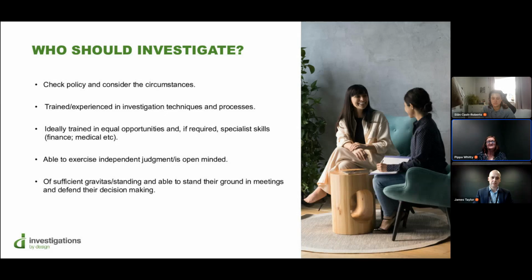On multi-contractor sites, the investigator may need to navigate relationships between principal contractors, subcontractors or agency workers, so independence becomes even more essential in those circumstances. A supervisor familiar with the individuals involved may seem convenient, but actually that familiarity often creates an unconscious bias. An investigator usually becomes more effective the more investigations they do, because experience does make a real difference. So think about maintaining a pool of trained investigators within the workplace.